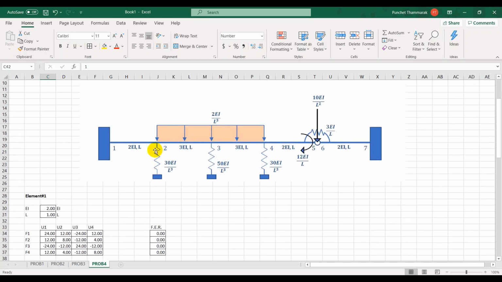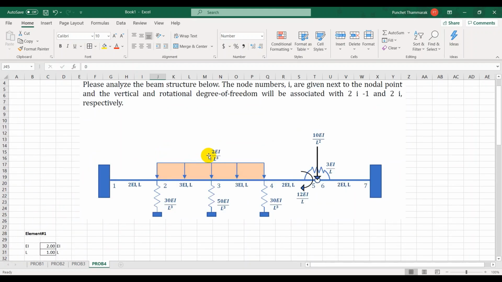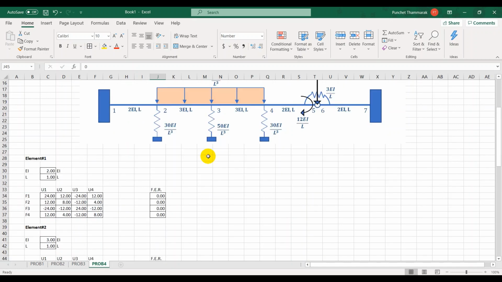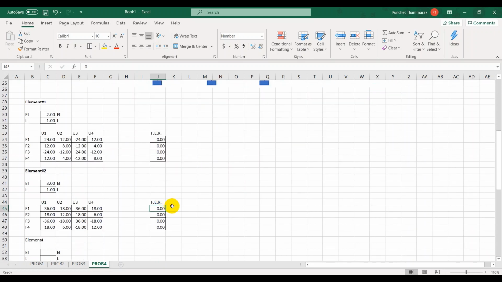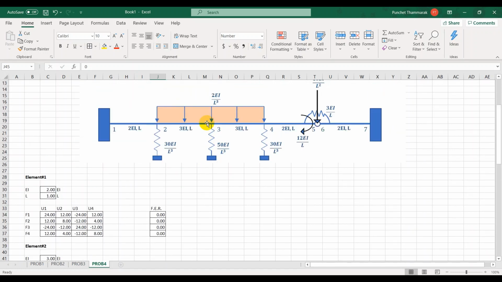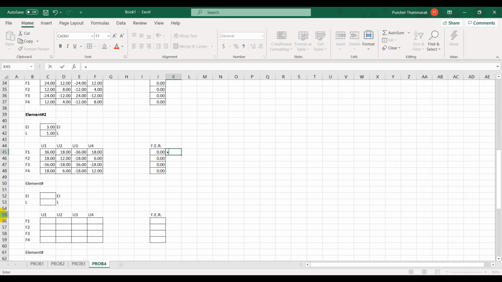Then you get the reaction, which is going upward, and then counterclockwise and clockwise. So 2 EI over L cube turns out to be 2 EI over L square. Right? Yeah, this is 2 EI over L cube. Yeah, then turn out to be. So this is multiplied by